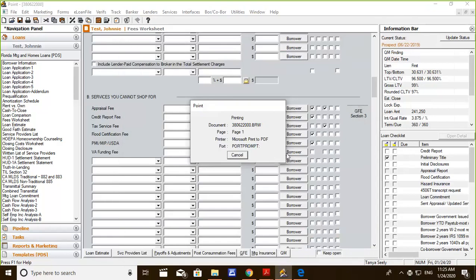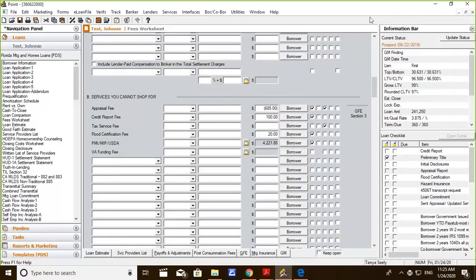Now, again, you can go ahead if you feel comfortable with your borrower and you want to give them an estimated amount of money that they would have to bring to closing ahead of the loan estimate. You are certainly welcome to do so. Now,